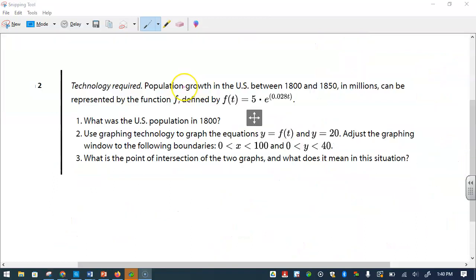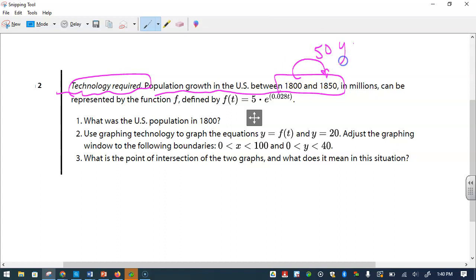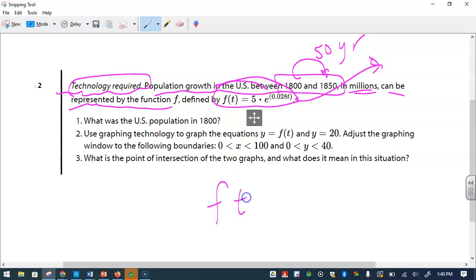Hope that takes care of that. So for the second question, we need to use technology. We will use Desmos.com. The population of the United States from 1800 to 1850, that's 50 years, in millions, can be modeled and is represented by this function. So before we even post it in Desmos.com,